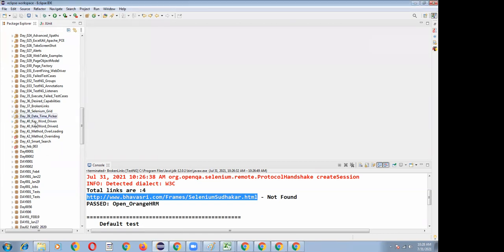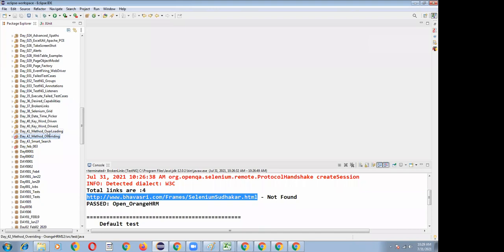So 39 is completed, keyword driven is completed, and smart search we already discussed. Broken links are completed, and we are left with topics 36 and 38, which will be discussed in Monday's class. And 40 we have completed. Now we are left with method overloading and method overriding. These are topics from core Java.